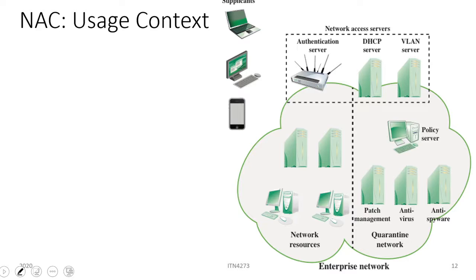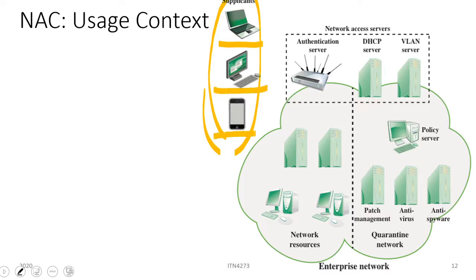Now, if we think about network access control from a usage point of view, all the access requesters, the supplicants or the clients, could be a laptop computer, a desktop computer, a mobile device, or even other things, say CCTV cameras, IP cameras, and all these things can be that. Then we should have an authentication server that can do authentication. We should have a policy server that would manage the policies, and